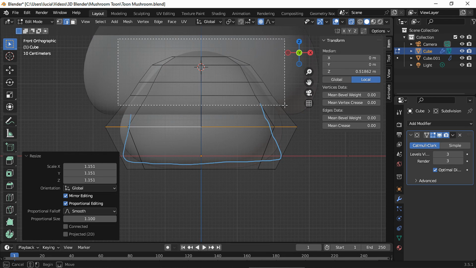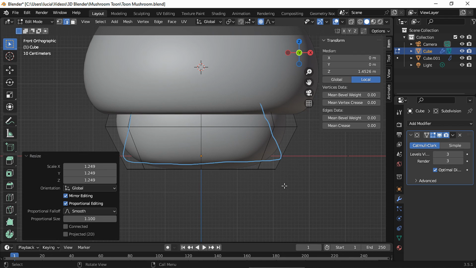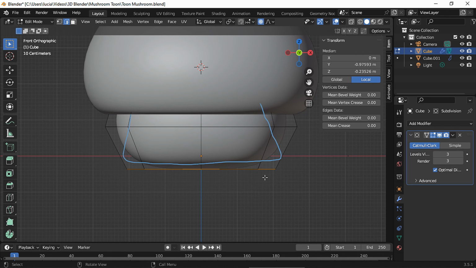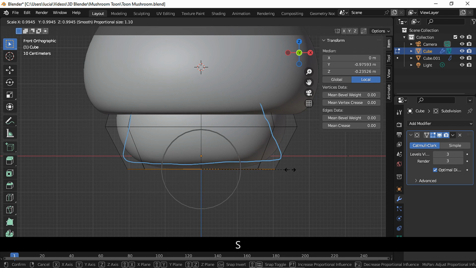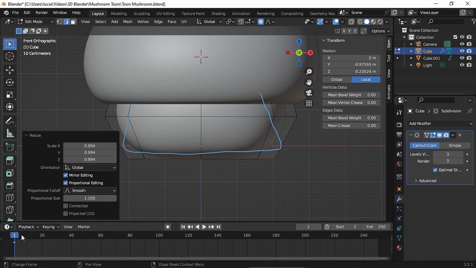Select all these faces and scale. And back to the bottom faces, let's scale them a bit more. And now we can delete the annotation.